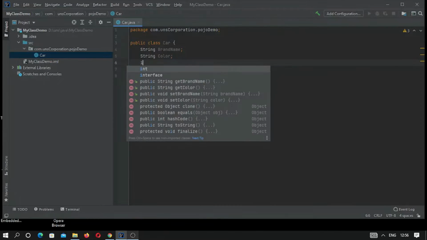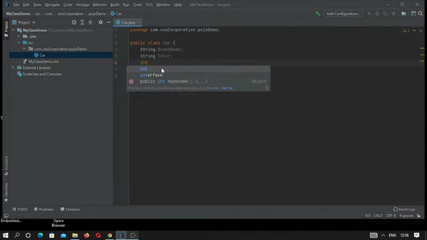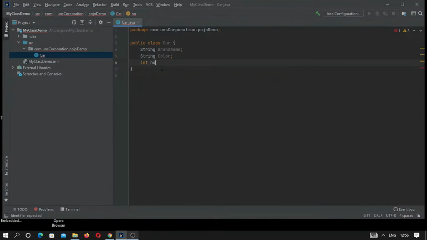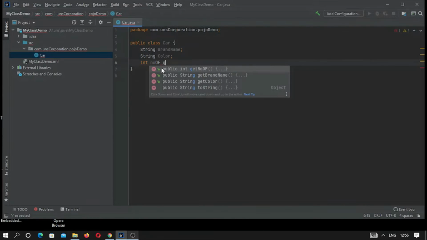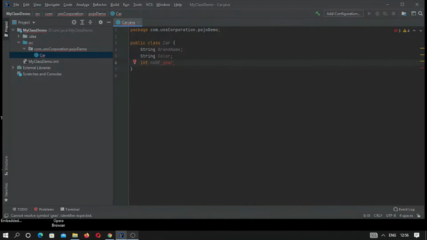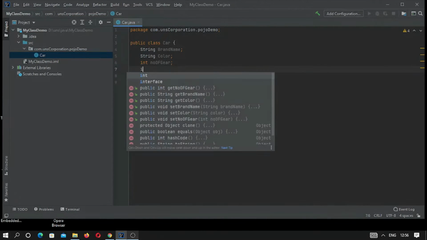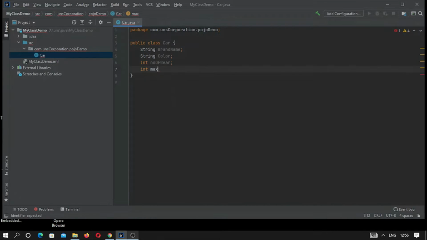Another we can take is int numberOfGears, and int maxSpeed. So these are the four fields by which we can identify the attributes of a car type.